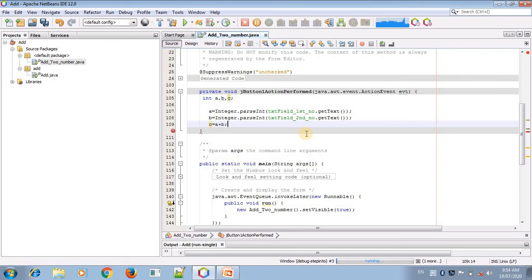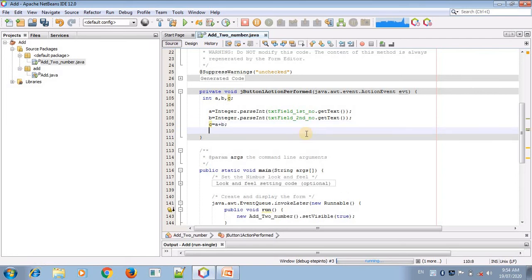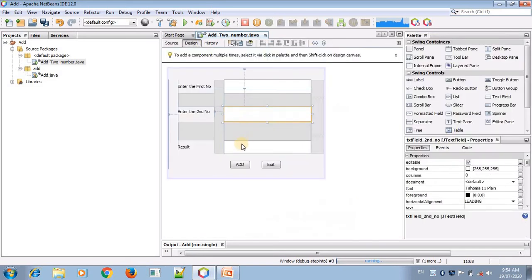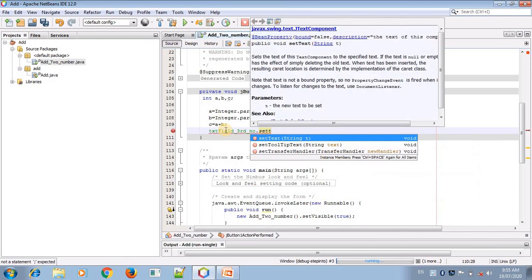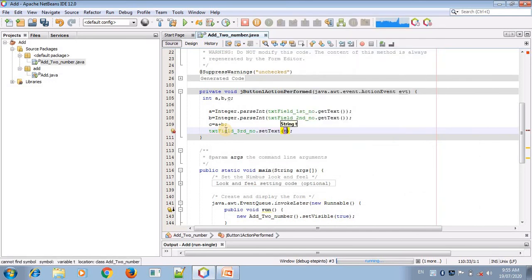Finally, we are going to set a value inside the result text box. Write this code here: txt, this is our third text box, dot setText, this is the method. But what about the string value? C is an integer value, and an error is coming, because setText wants a string value.